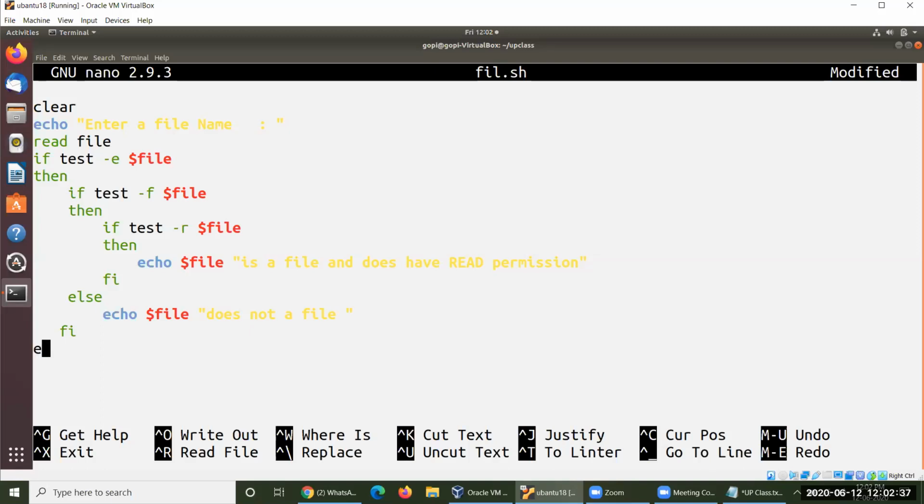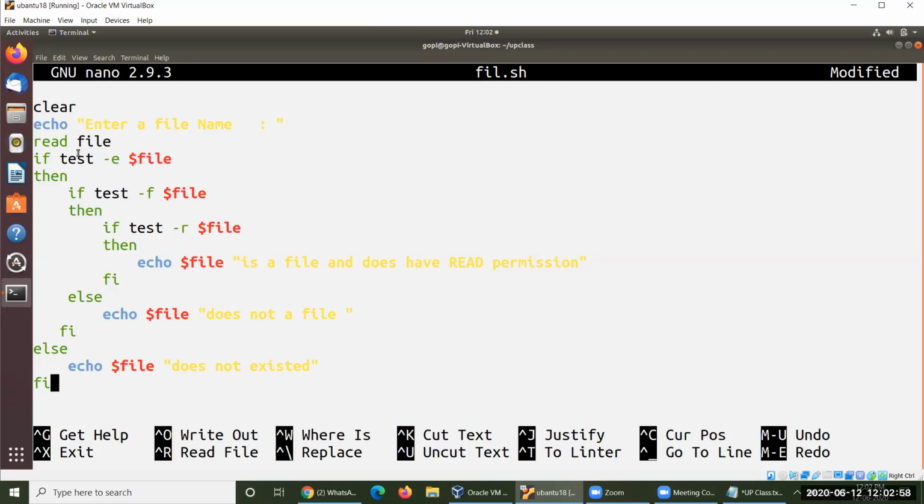Else, if it is not specified, then what shall we do here? So echo, what exactly are we supposed to specify? $FILE does not exist. Okay, FI. Hope that you got the point.